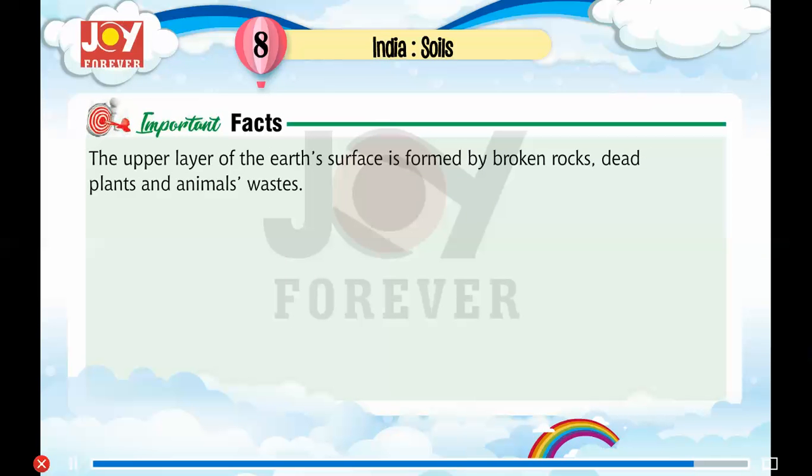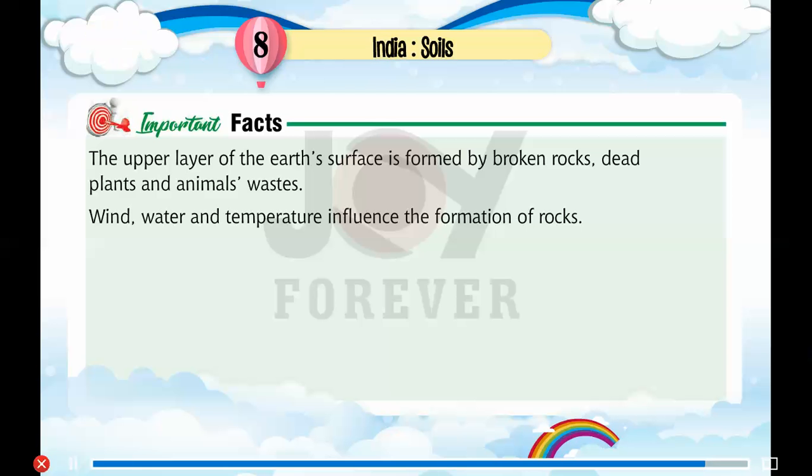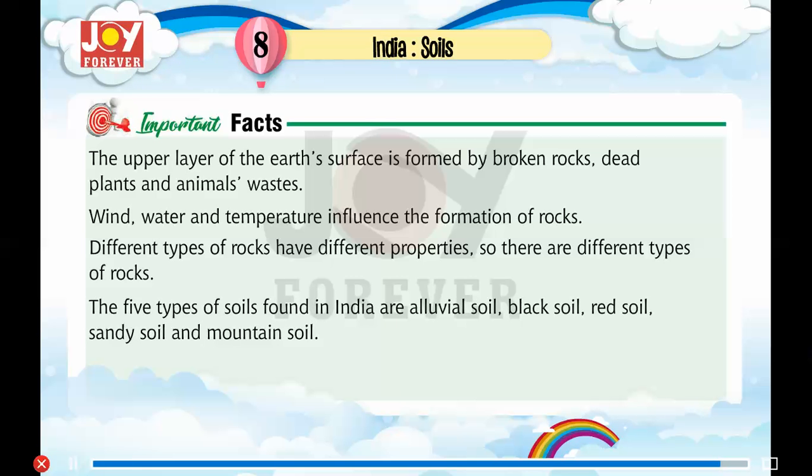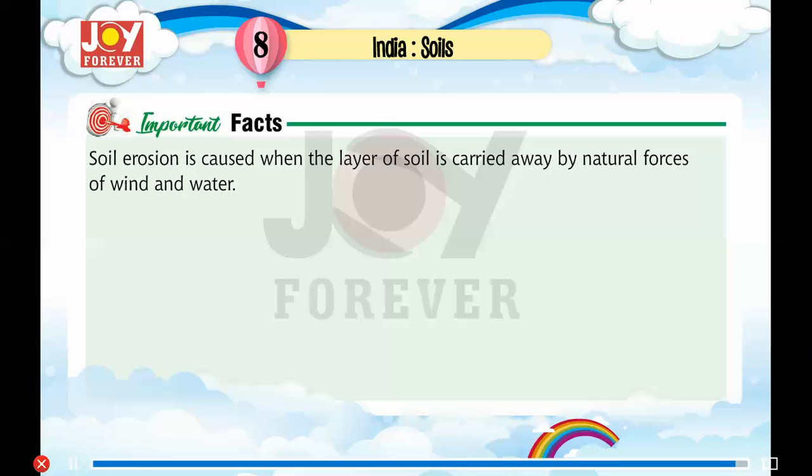Important facts. The upper layer of the earth's surface is formed by broken rocks, dead plants and animals' wastes. Wind, water and temperature influence the formation of rocks. Different types of rocks have different properties, so there are different types of soils. The 5 types of soils found in India are alluvial soil, black soil, red soil, sandy soil and mountain soil. Soil erosion is caused when the layer of soil is carried away by natural forces of wind and water. Soil erosion harms soil, so it